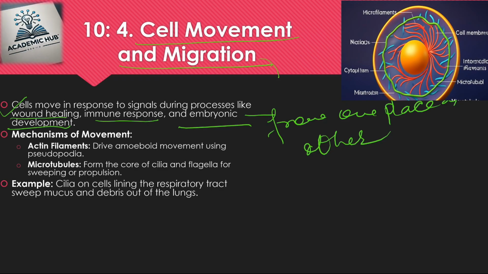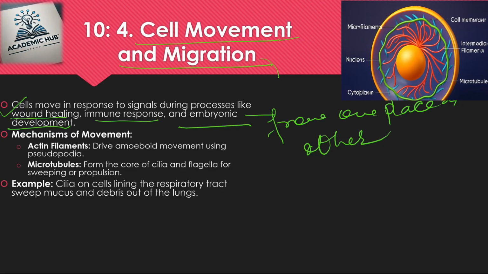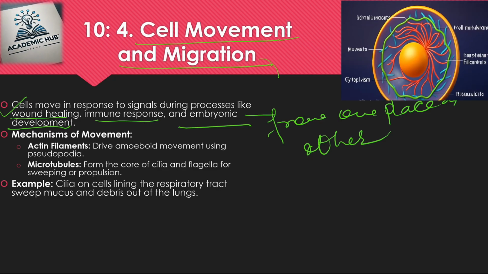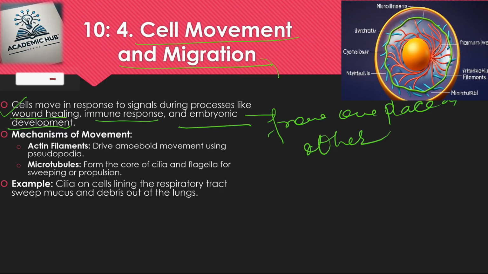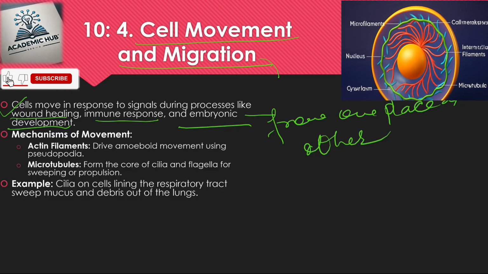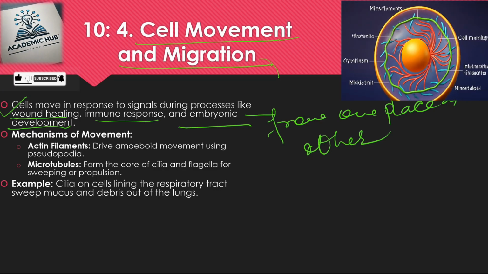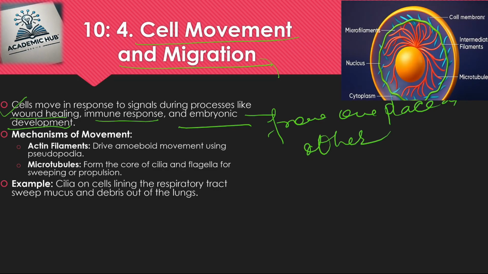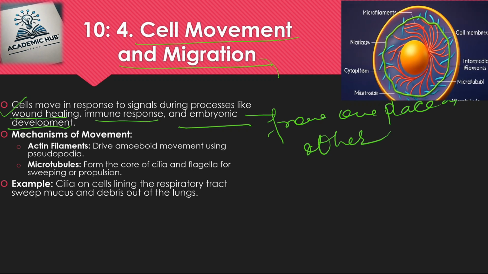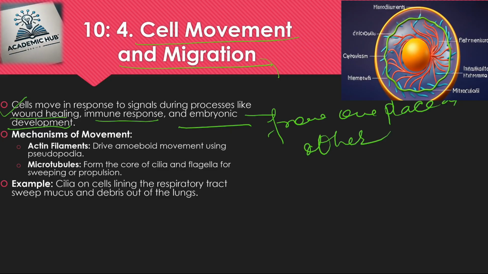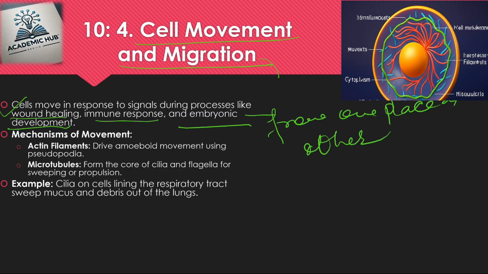Suppose in wound healing, how do cells move and function? When a cut occurs in the skin, there is a need for wound healing. Many types of cells act there, and the proper functioning for wound healing is conducted by the DNA through proper cell division. Cells move in response to external signals during processes like wound healing, immune response and